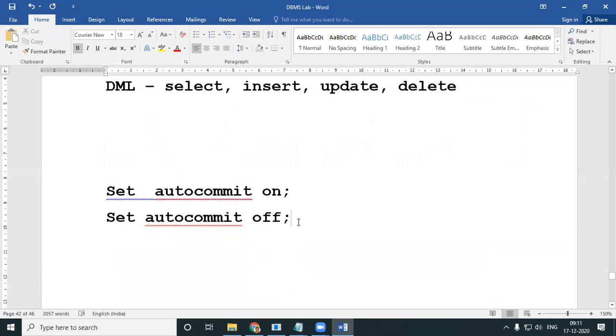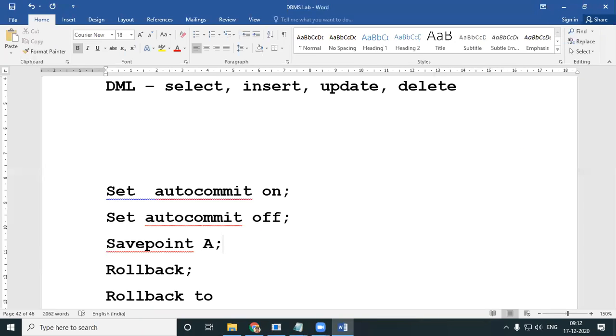Now before that, we even have a statement called rollback. Okay, you can either simply type rollback, or you can even have rollback to, let's say, okay, you even have something called save point. Okay, save point is nothing but a particular point of a transaction, starting from this particular point. You call it a save point. You can give any name. You can give save point A, save point ABC. You can even give your name, save point Nikhil.